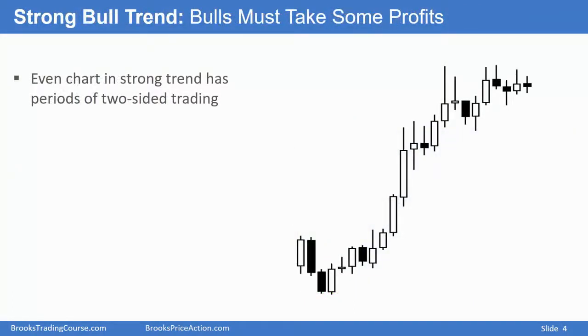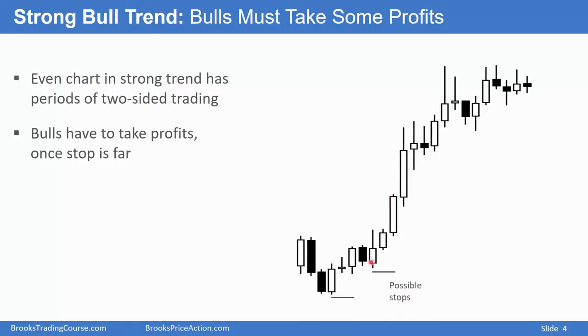Here is a strong bull trend, but even when the market's in a strong bull trend, there are periods of two-sided trading. As bulls see the market go higher and higher, their stop is still down here or down here. It's becoming further and further away. That means their risk is greater, and at some point they have to reduce that risk. The easiest way to do it is to take profits. And that's what happens here. You start to get pullbacks when the bulls are concerned that their risk is too great and maybe there's not that much left to the upside. They reduce their position sizes.